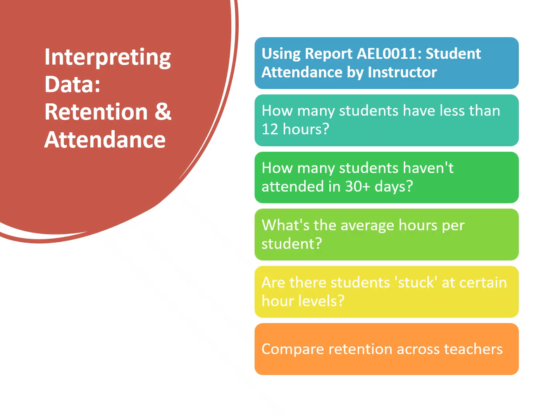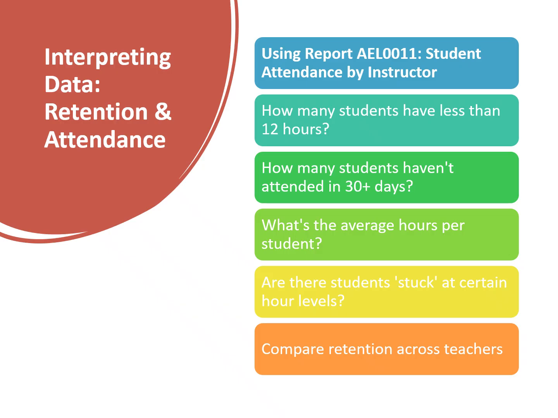Number 1, how many students have less than 12 hours? If a teacher has 30 enrolled students, but only 15 have reached 12 hours, that's a retention problem. Students are enrolling but not sticking around. This might indicate weak classroom environment or student relationships, class schedule doesn't work for students, instruction isn't engaging, or students